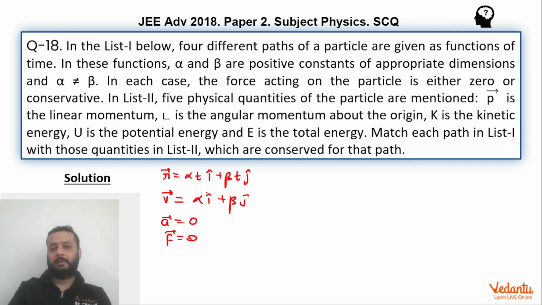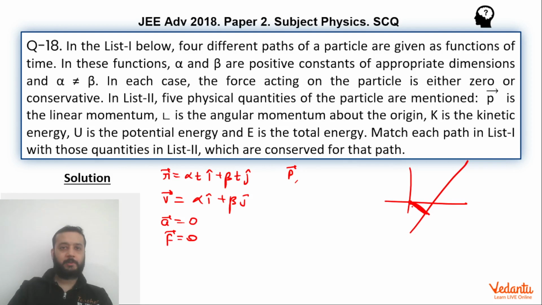Now we can very simply say that linear momentum will be constant because velocity is constant and mass is constant. Angular momentum will be constant about the origin because if velocity is constant, let us say this is the velocity, so mvr. If this is the perpendicular distance and this is the velocity vector, and m is also constant, then the perpendicular distance is constant, velocity is constant, and m is constant. Also the direction of angular momentum is constant. You can see about the origin, the angular momentum for the figure that I have drawn is anti-clockwise, so it will always remain anti-clockwise as the particle moves on this axis. So L will also be constant.